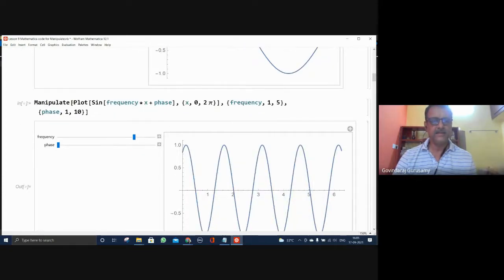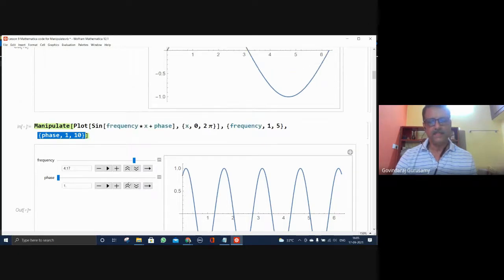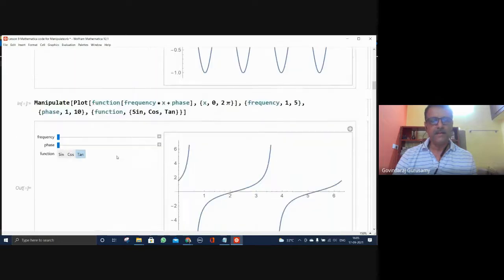Well, you can see here this sine, frequency 1 to 5, and phase. There are two variables that are added. This is frequency, and this is the phase, vector 1 to 10. The phase is added. You can see plus phase, which means it will push this, so instead of 0, at x equal to 0 it's a finite value. That will be decided by this phase. Two variables are varying now. Okay. Now I will come back to that.